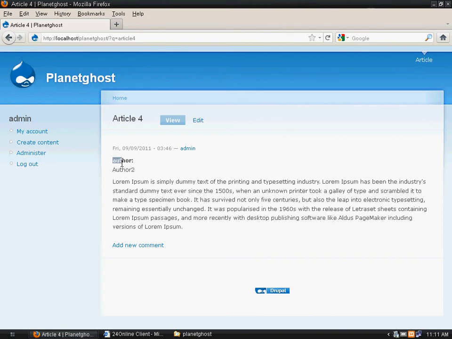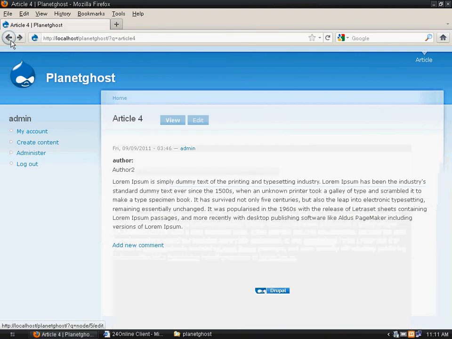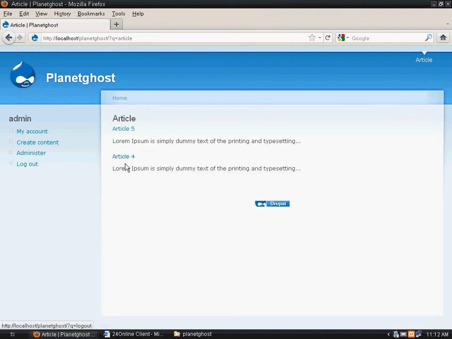We have the author name here. We had entered an author name for each article. If we put author 1, it would come under the list of author 1. This is how we can create a filter accordingly. We can make as many links, we can add subsections. I would explain it better in the next tutorial.